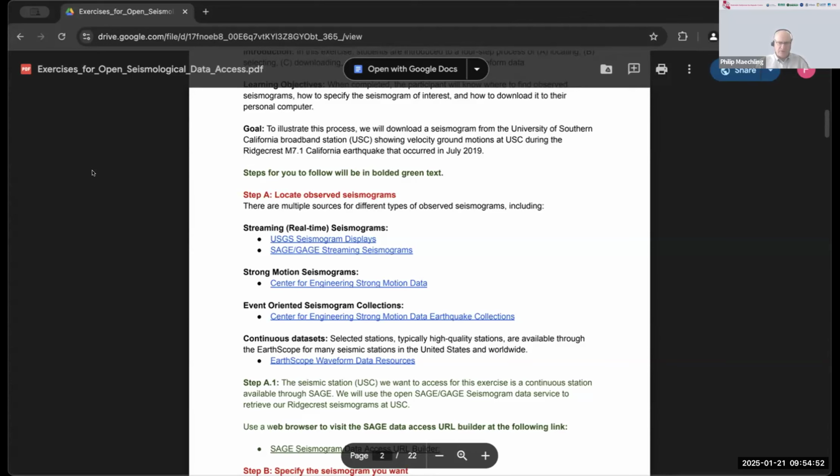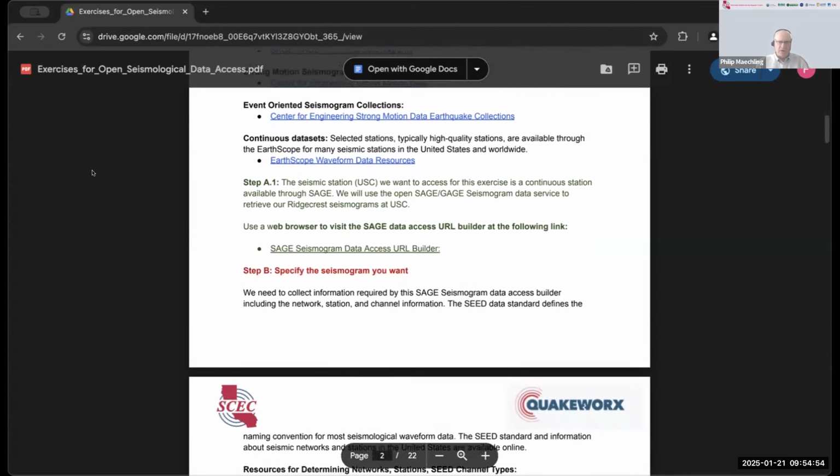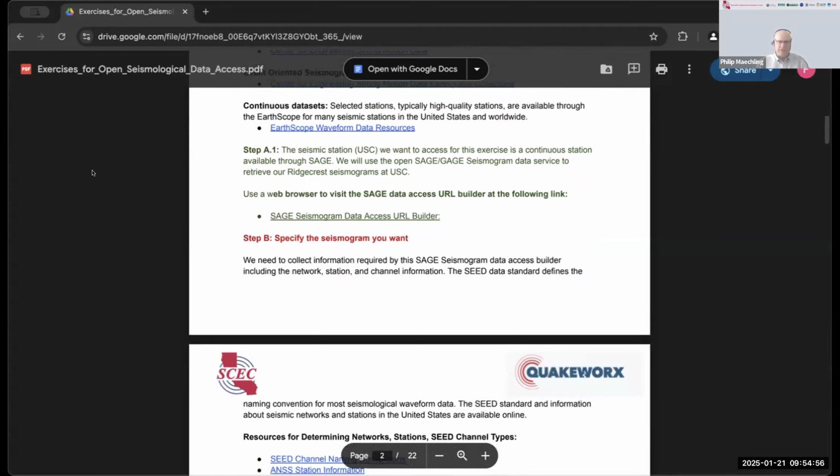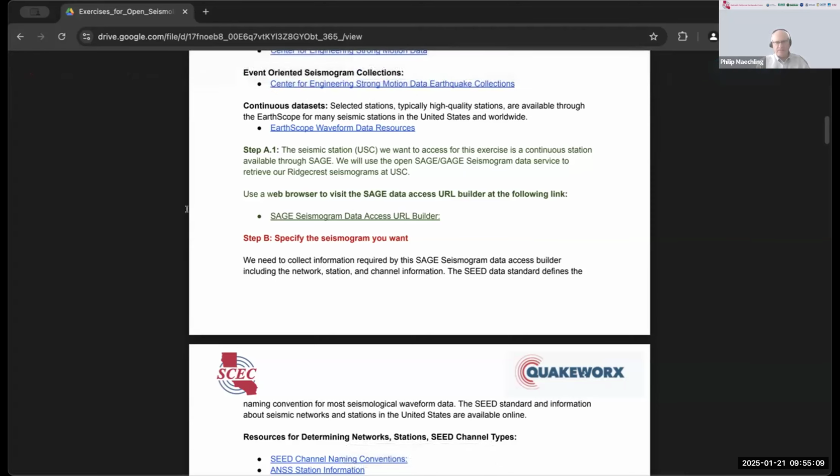So, let's start with step A in our process. Where can we get it? We've got a goal to get the USC data for the Ridgecrest main shock at USC. So for that purpose, I'm pointing to and recommending the Sage Seismogram Data Access URL Builder. And so if we click that link,